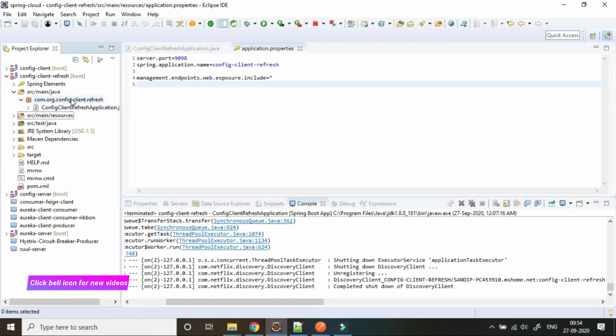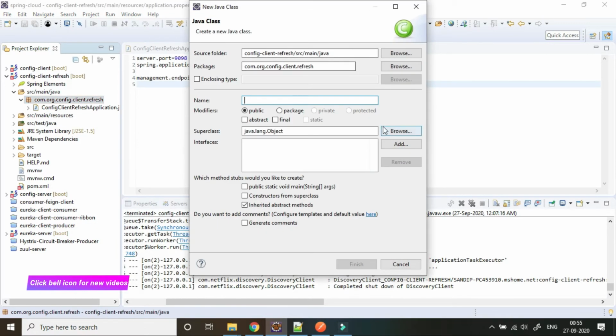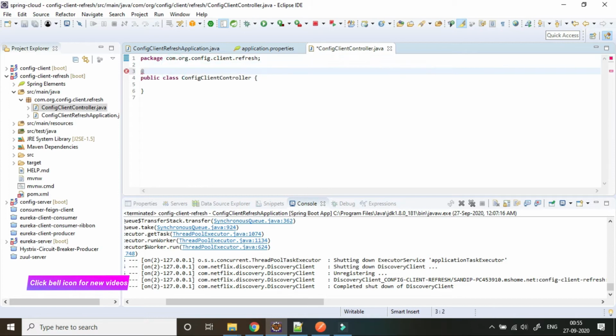Now we will create a controller class from where we will monitor our changed file. Now we have to annotate it with @RestController.